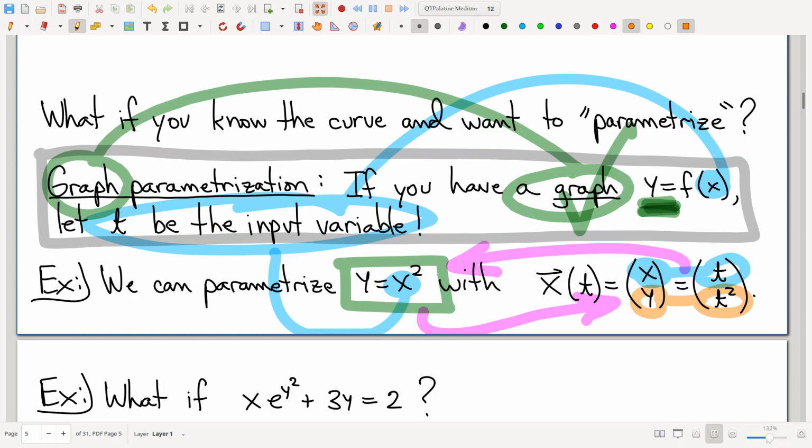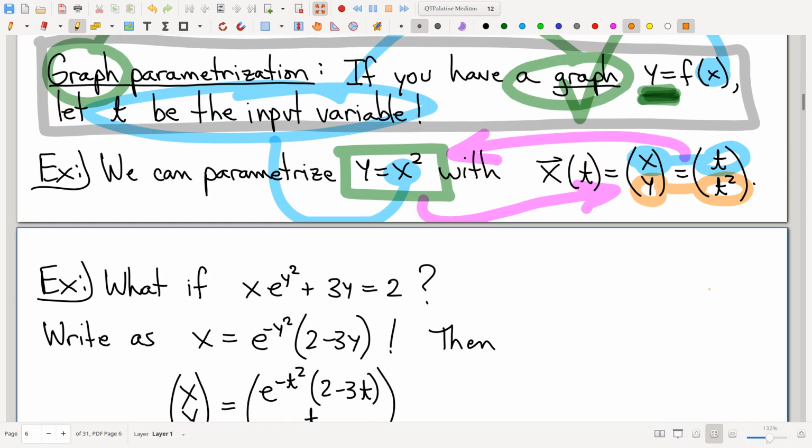Yes. So the first thing, if we're given a graph and a function, we want to put x equals t. Do what now? Set x equals t. You identify what is the input variable, right? So step one, identify that it is a graph. Step two, identify what is the input variable, and whatever that input variable is, let that equal t. So let me give you another example,